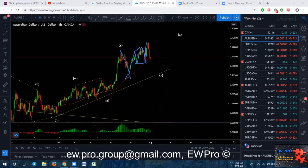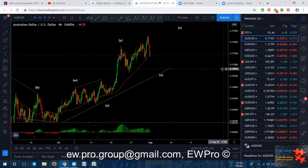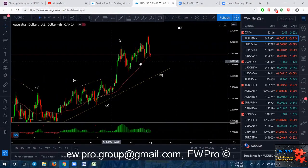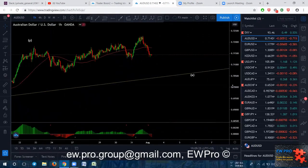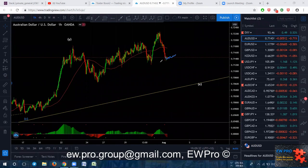So there's a B, and we're getting this C down. This could be an X2. So you can look for the short. Definitely want to look for the short, but you're going to have to be a little bit careful. You want a really nice sell setup on the H1. So if you do get a little flag in here, look for the sells,